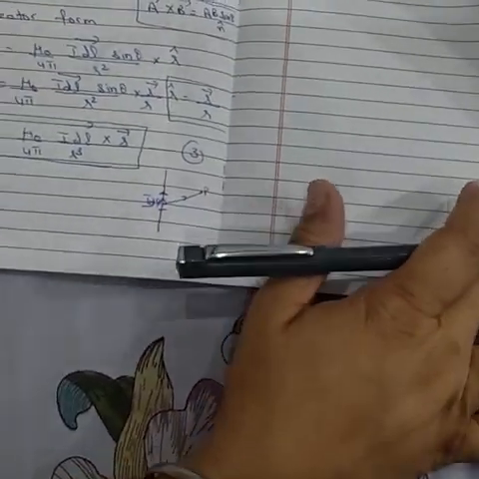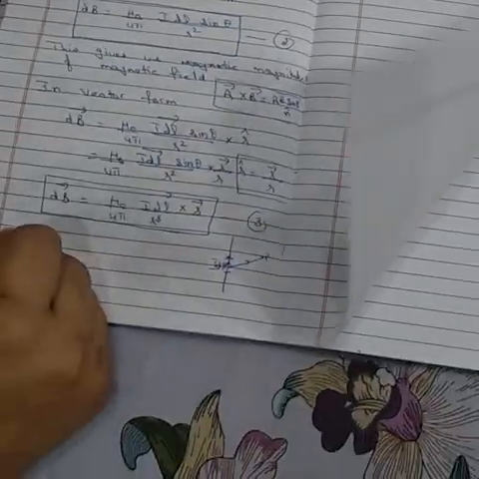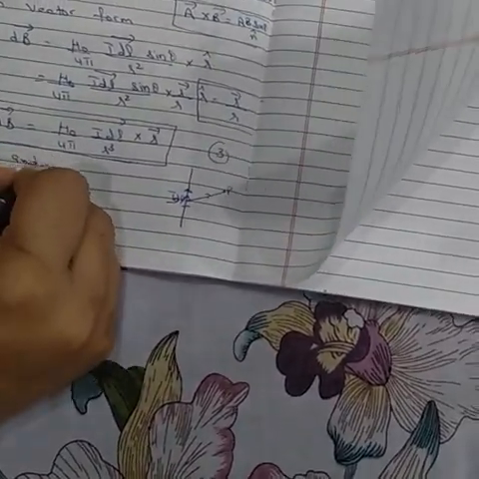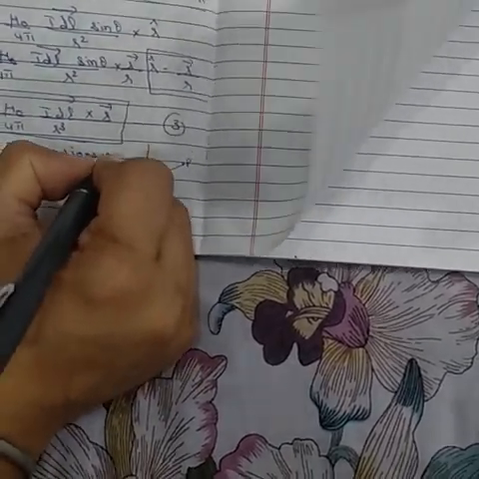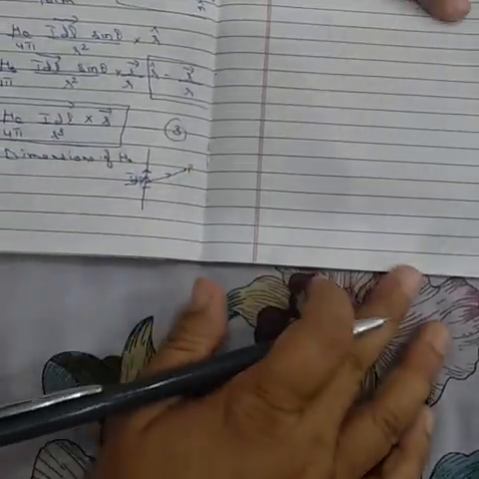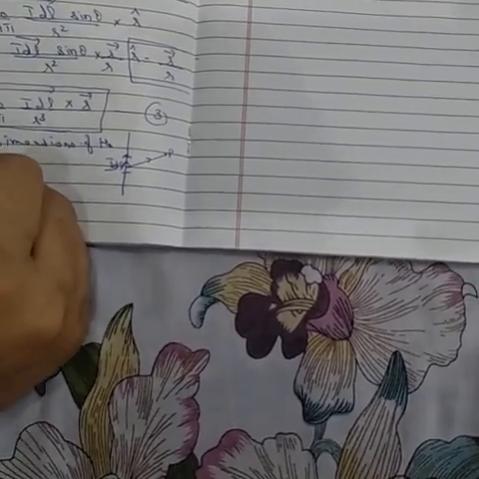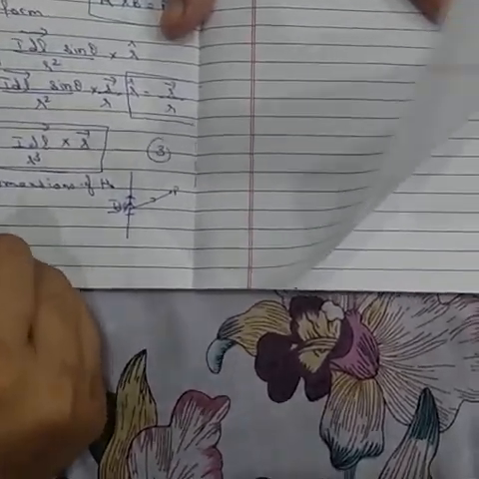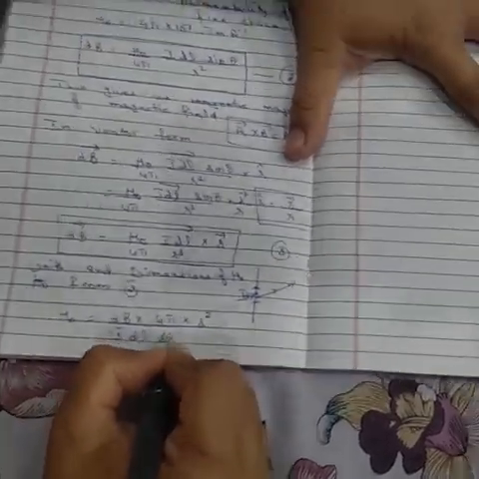And another thing, we defined this mu naught as the permeability of free space. So what will be the units and dimensions of mu naught, or permeability in general? If we write from equation 2, we get mu naught is equal to dB into 4 pi into r square upon I dl sin theta.